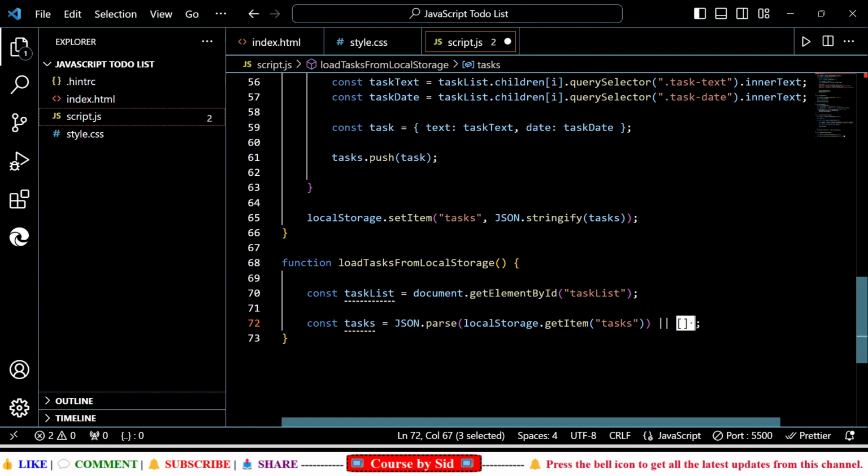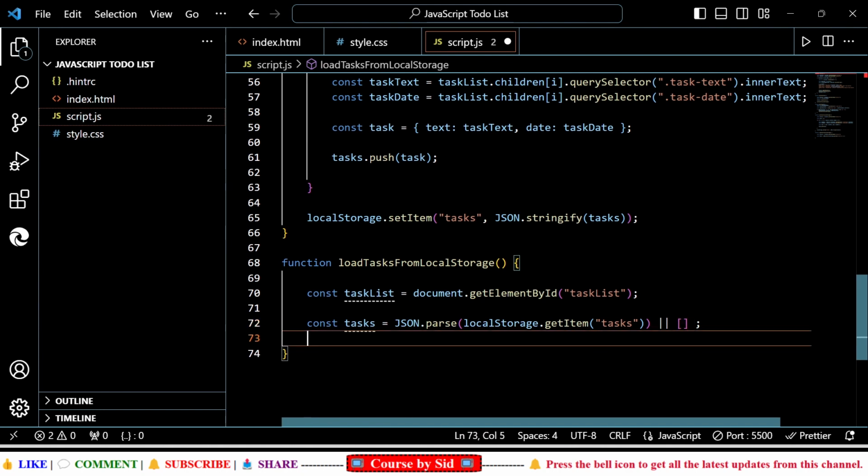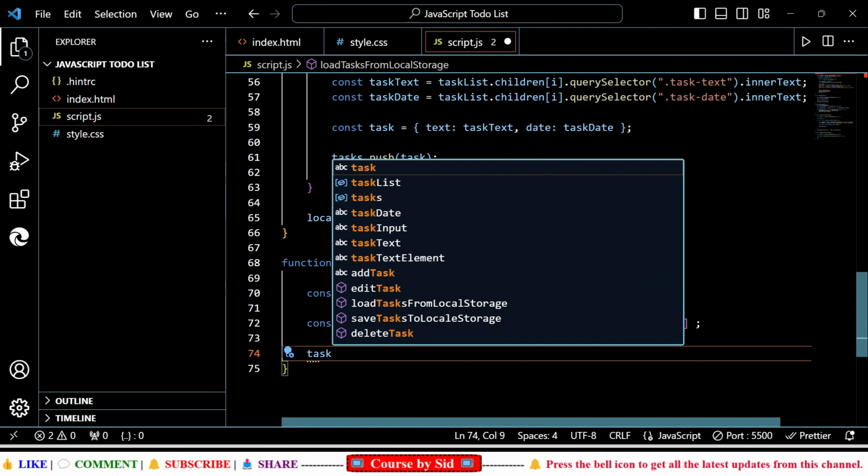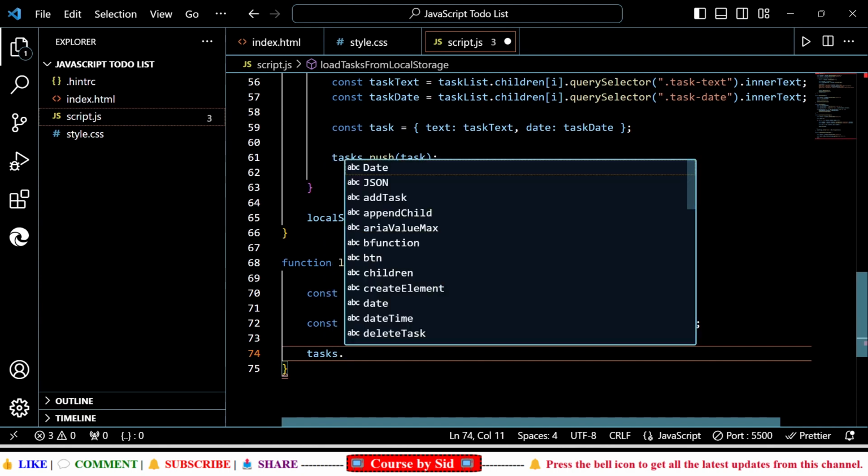Or this is going to be the empty one, right? Basically what I'm doing here is we are retrieving the task array from local storage, or an empty array if it doesn't exist, right? Okay, so next thing is we're going to iterate through the task array and add each task to the task list. So for that we'll be saying that task dot forEach,